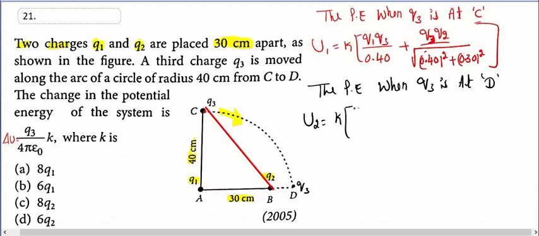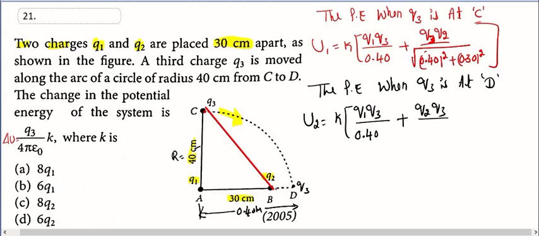So Q1 Q3 divided by the overall distance, which is 0.40 meter because it is a radius. It is in centimeters, so we convert it to meters. Plus Q2